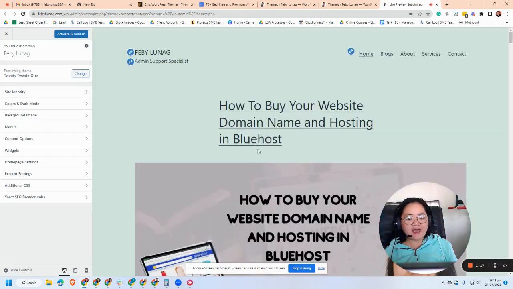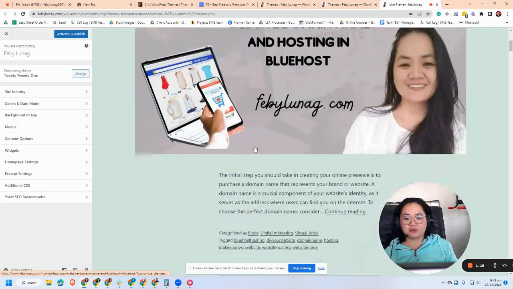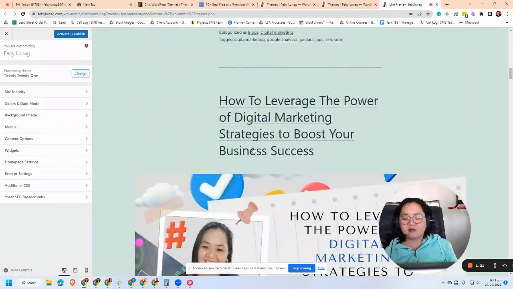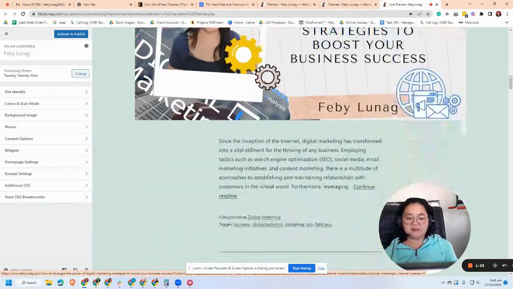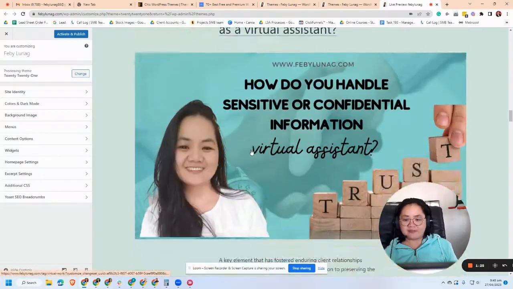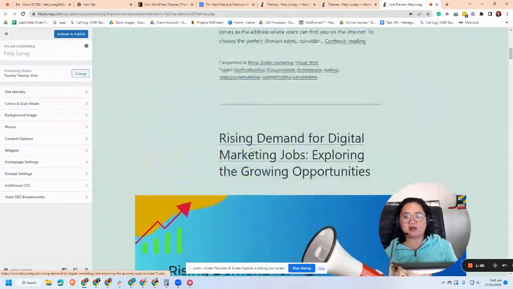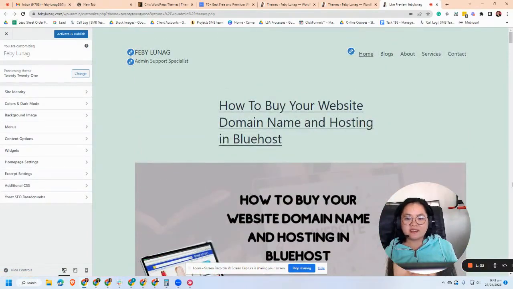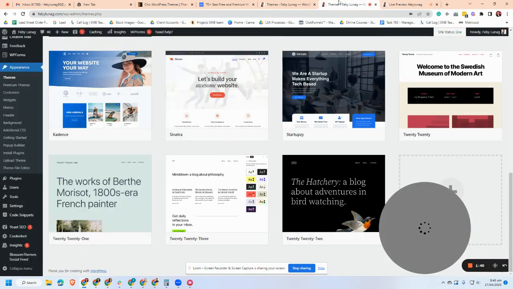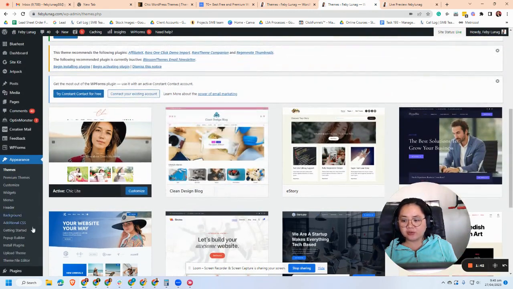So, since I have content already, this is how it looks like. But in your case, it will be empty. Yeah. So that's how you are going to see how it looks like for this template. And then if you like the template, then you can just activate and publish. But for the sake of this tutorial, I am going to show you the WordPress theme that I am using,